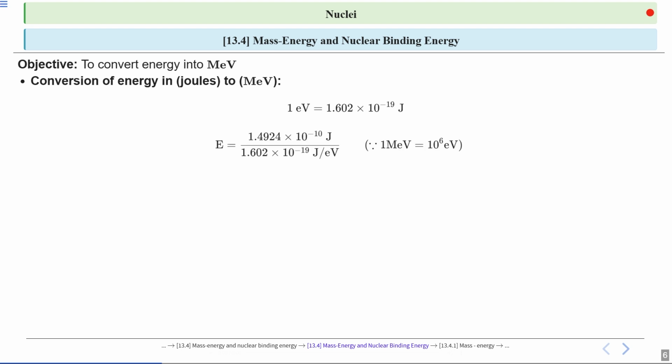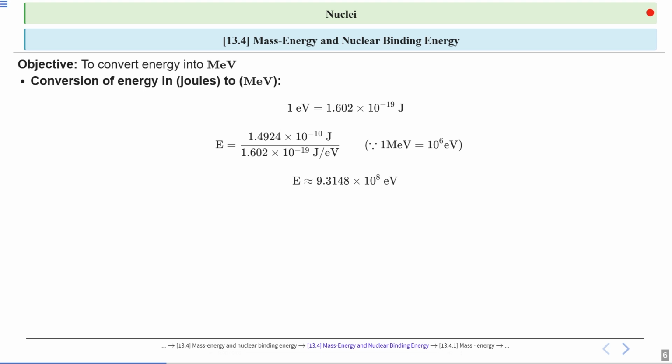Now let's apply this conversion to a specific example. Suppose we have an energy value of 1.4924 times 10 to the power minus 10 joules. To convert this to electron volts, we divide by the conversion factor 1.602 times 10 to the power minus 19 joules per electron volt. Also keep in mind that 1 mega electron volt is equal to 10 to the power 6 electron volt. After performing the division, we